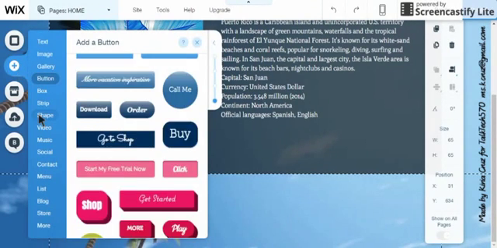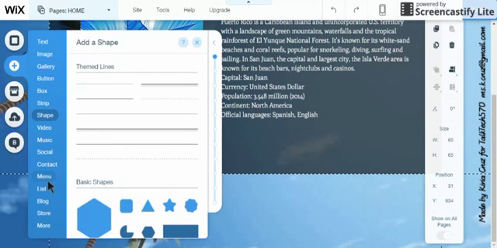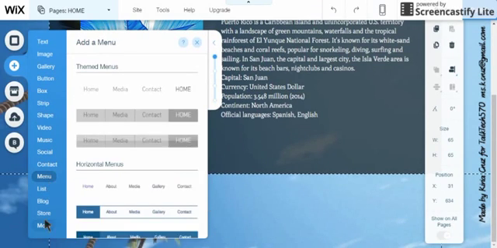Notice that whatever you add to the footer of the website, it will be visible for all the pages or